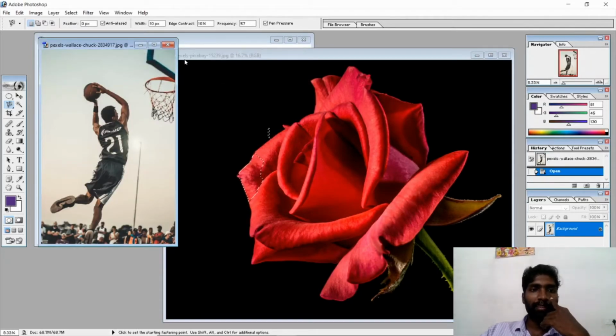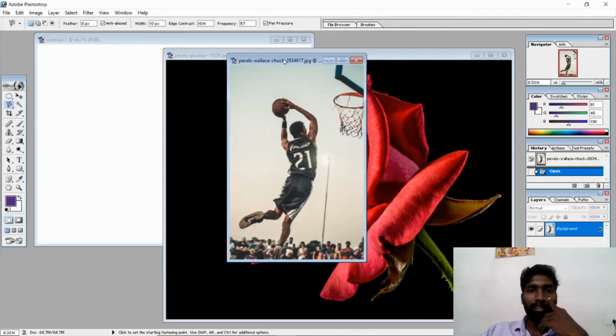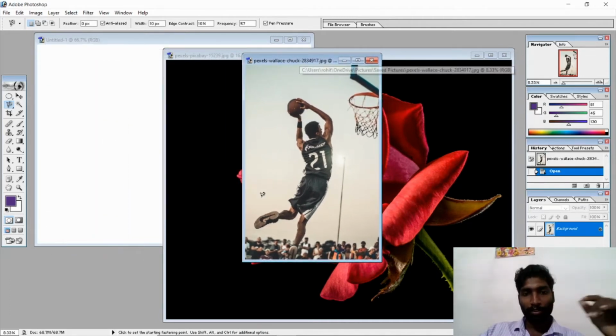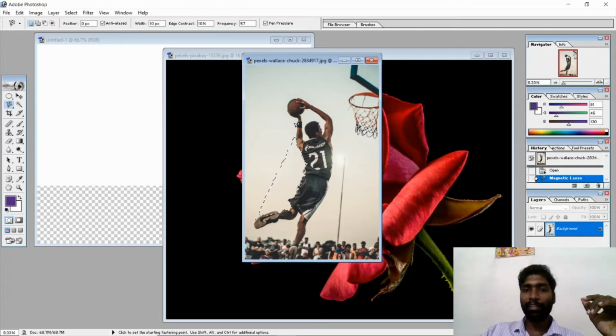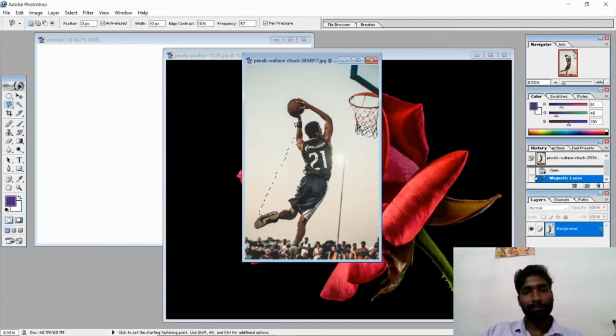So here, this basketball player is going to shoot. I am using the magnetic lasso tool. Kindly see here. It is selecting automatically. I am not doing anything. I am just moving the mouse cursor.